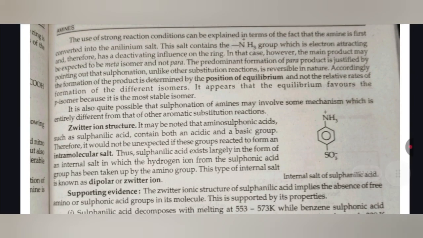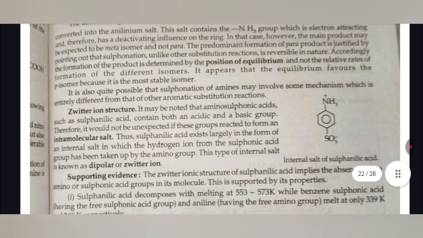The use of strong reaction conditions can be explained in terms of the fact that the amine is first converted into the anilinium salt. This salt contains the NH3+ group, which is electron attracting and therefore has a deactivating influence on the ring. In that case, however, the main product may be expected to be the meta isomer and not para. The predominant formation of the para product is justified by pointing out that sulfonation,